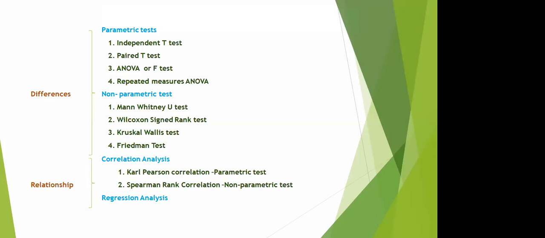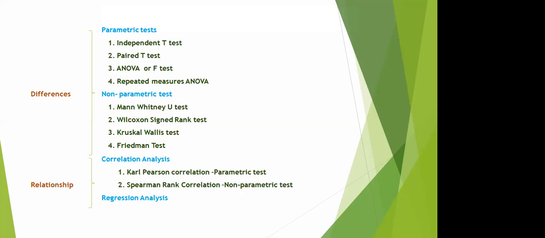Suppose we want to see the effect of chemotherapy on breast cancer, whether the patient responded or not responded in a particular age group. Suppose we are comparing less than 40 years and more than 40 years, and how they responded to the chemotherapy. Responded or not? That is the response, no? How many responded, how many did not respond? Yes, for that response we also use the chi-square test: in the first age group, less than 40, how many responded and how many did not respond, and more than 40, how many responded and not responded.